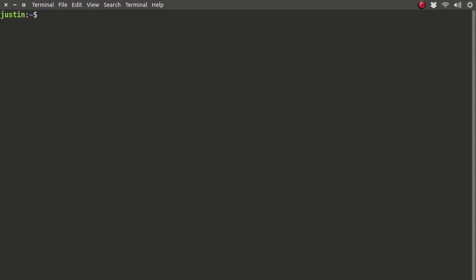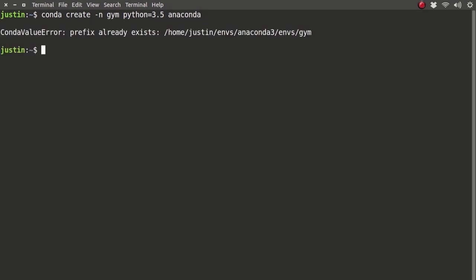We can create an environment by typing conda create -n. We then choose a name for this environment. For the Python version, we'll use 3.5, and then by putting anaconda at the end, this will install all the popular Anaconda packages. Now I've already created this environment, but once an environment is created, we can activate it